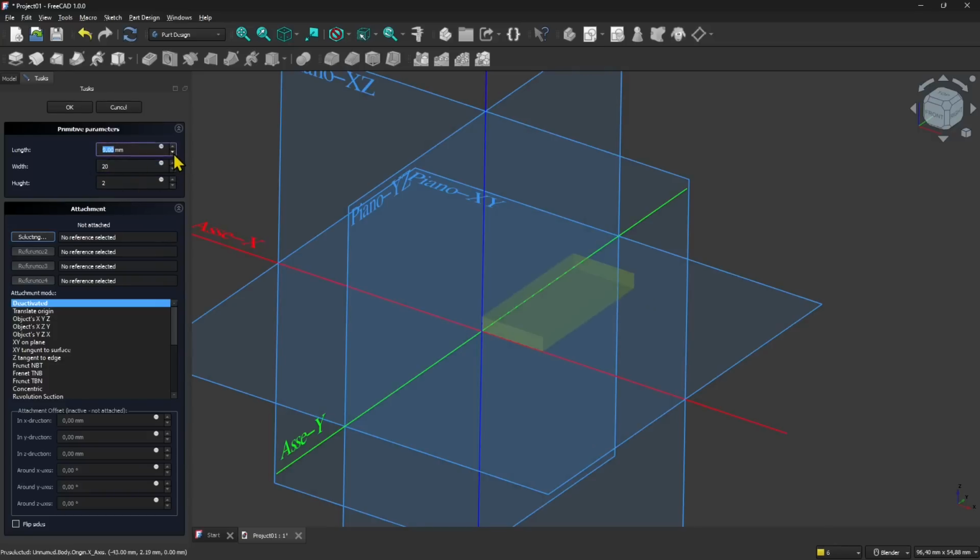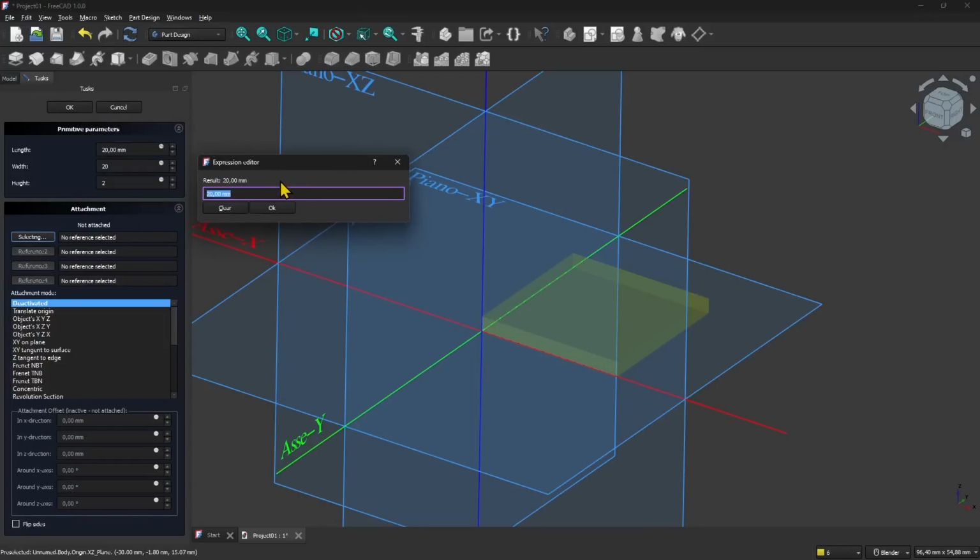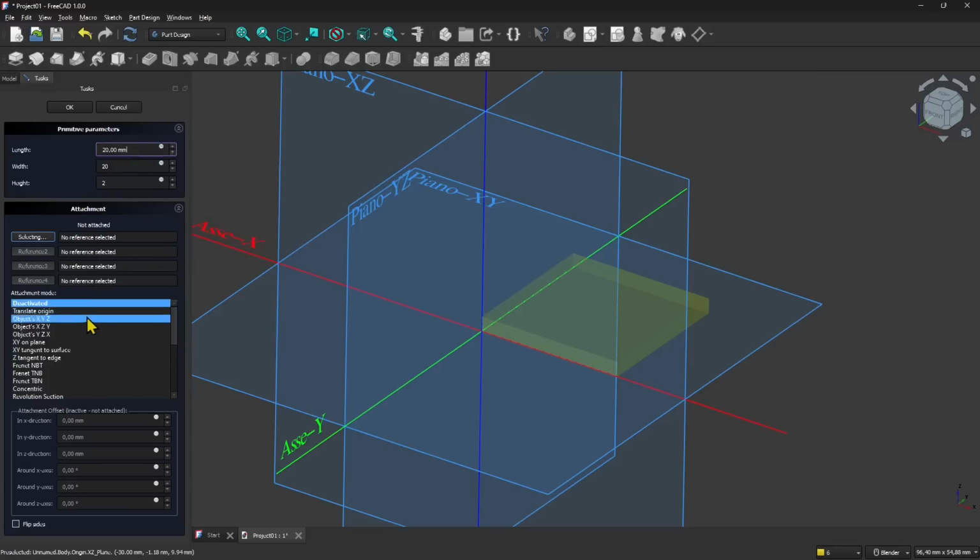And also I can click with the arrows up and down to change it with intervals of 1 millimeter. And I can also scroll my scroll wheel when I am in a slot with the parameter values. So this is a value you can set using arrows, using precise numbers, using the scroll wheel. You also have this little button, which is going to open the expression editor, where you can be more advanced in terms of generating a parameter, but we're going to do that later. And then we have attachments, and here we have offsets. But let's keep it simple. Let's say okay,